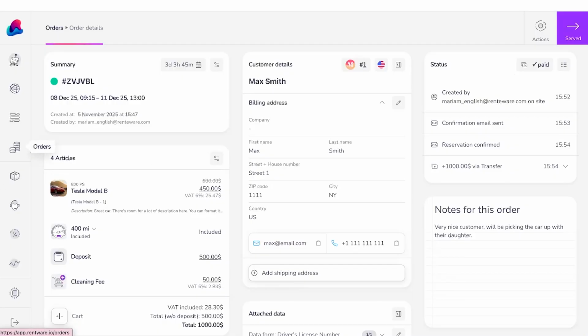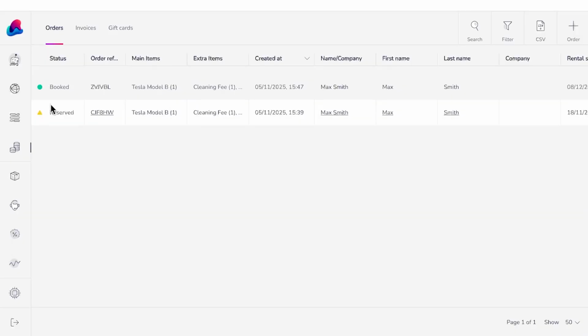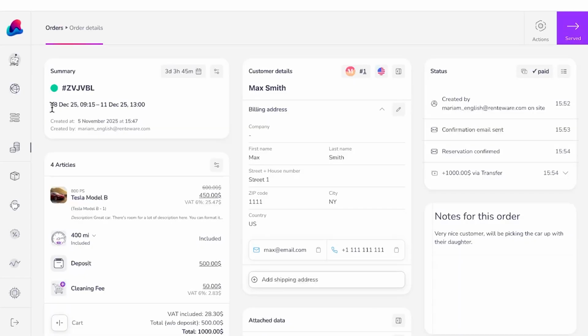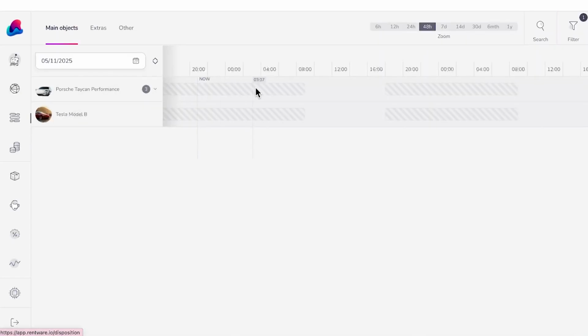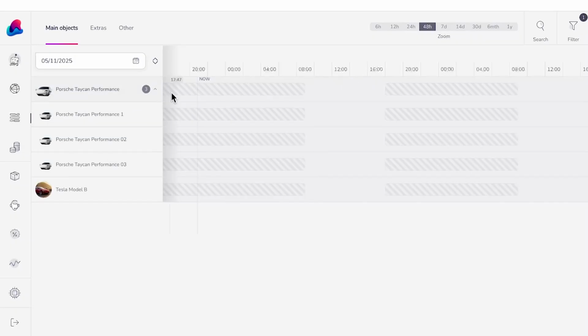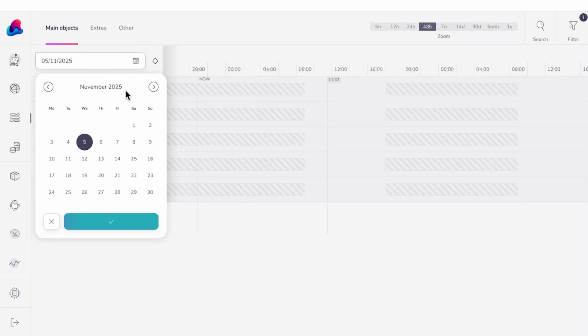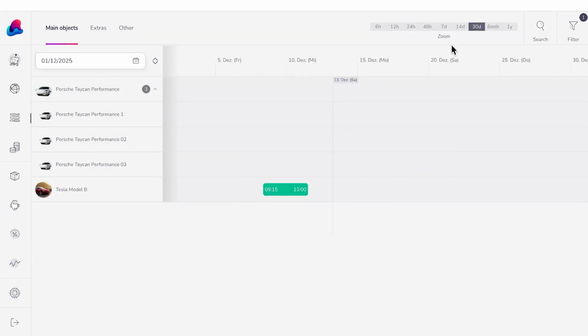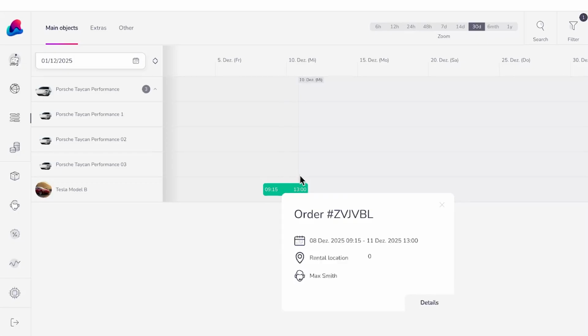Now, this is a valid order already, and you can see it in your orders list, of course. And you will also be able to see it in your disposition. Let me just see for when I booked this for. So this was for 8th of December. So if I go into our disposition, which is a graphical view of all of your orders, and I just zoom out, so I jump to December and I zoom out a little bit, you'll be able to see my order right here as a little